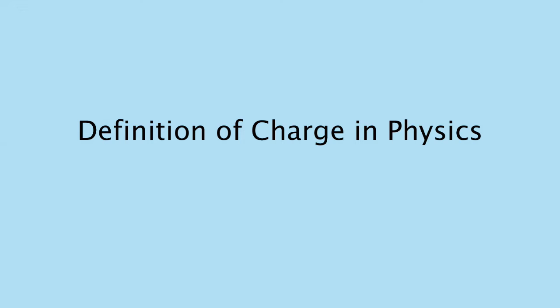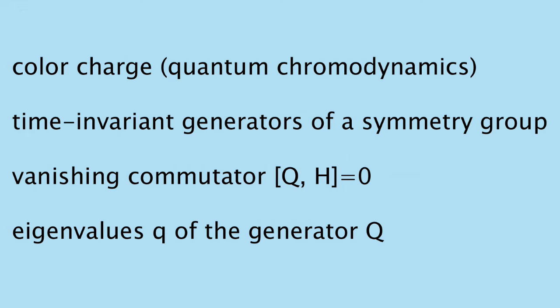This is further shown by an excerpt of an article in Wikipedia. In physics, a charge may refer to one of many different quantities, such as the electric charge in electromagnetism or the color charge in quantum chromodynamics. Charges correspond to the time-invariant generators of a symmetry group, and specifically, to the generators that commute with the Hamiltonian. Charges are often denoted by the letter Q, and so the invariance of the charge corresponds to the vanishing commutator